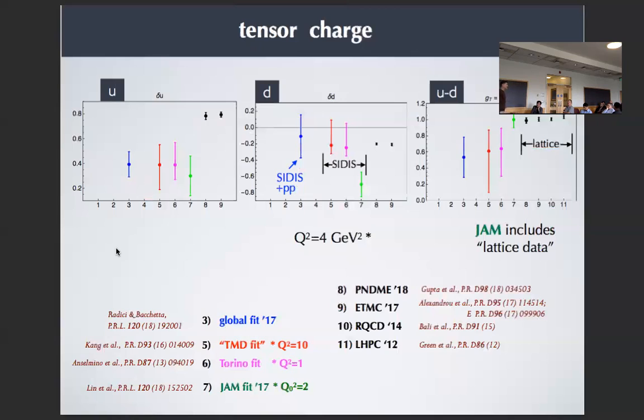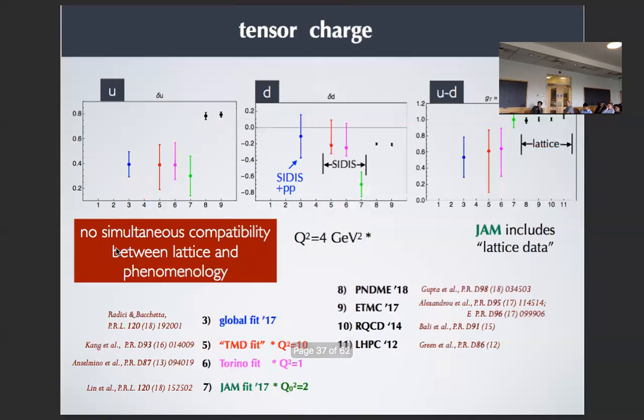No, yeah. Actually, my focus here is a little bit different. What I was about to say is that looking at this, you would conclude in general there is no simultaneous compatibility between lattice and phenomenology, which is even more important, I would say, than commenting on results from the quark model. And this is quite disturbing in a sense. And when I say simultaneous, I mean if I consider all three components of the tensor charge up, down, and